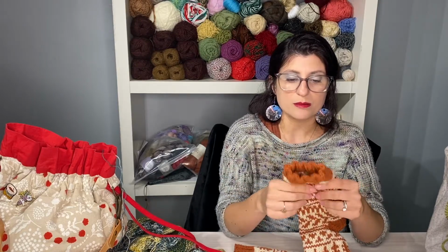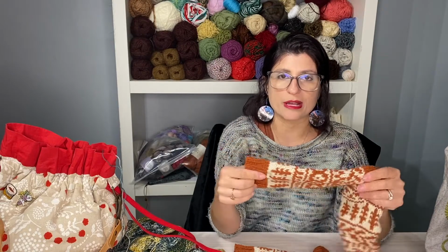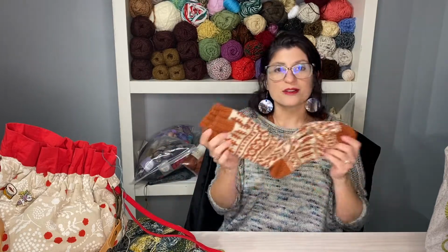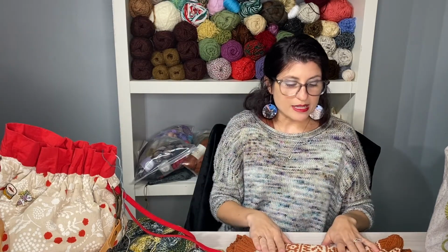I knit loosely, like conscientiously loosely, as I was going around. But very excited that these are finished. My first pair of socks are done, officially completed. So I kept my promise, kept a knitting resolution for 2021, and I can now